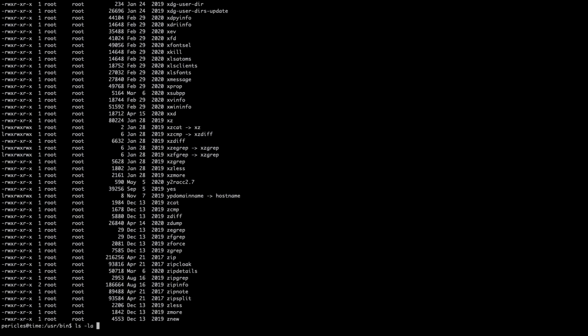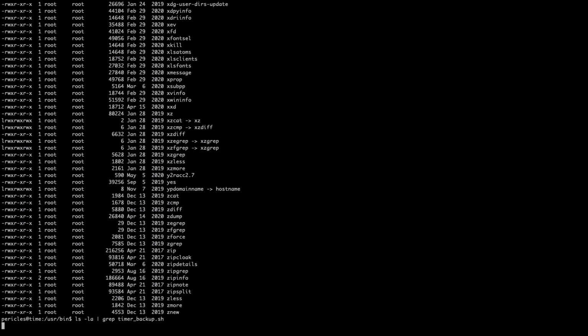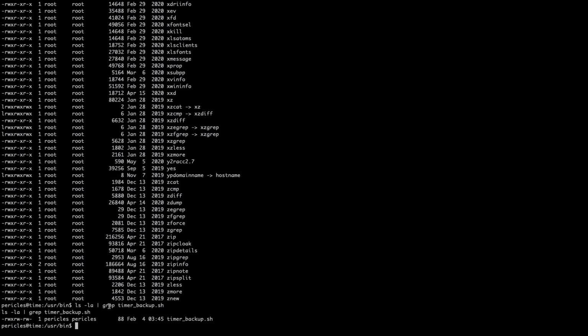I need to search for the file timer_backup.sh. So when you check this file with ls -la | grep timer_backup.sh, you can see it here and we have permissions. You can see rwxrw-rw-. So it is owned by root, and it is writable by the user.